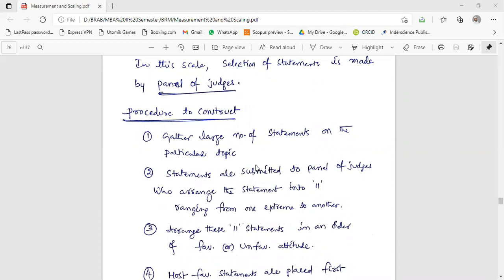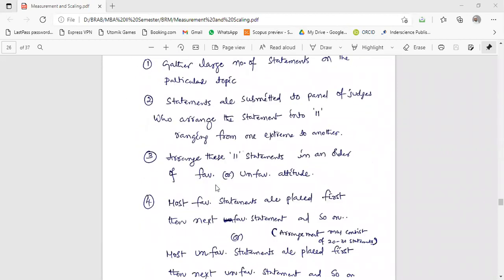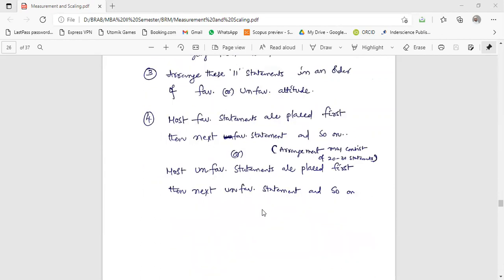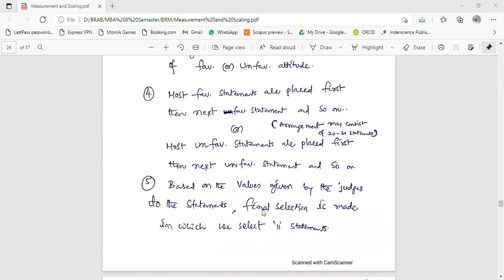Statements are submitted to a panel of judges who arrange the statements into 11 groups, ranging from one extreme to another. So 11 points will be there on this scale.